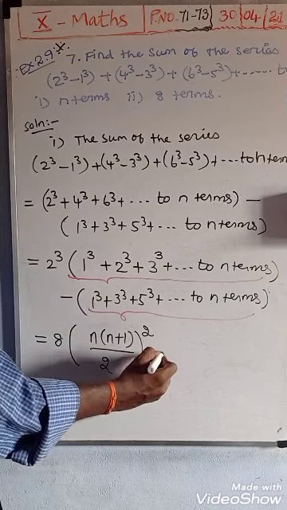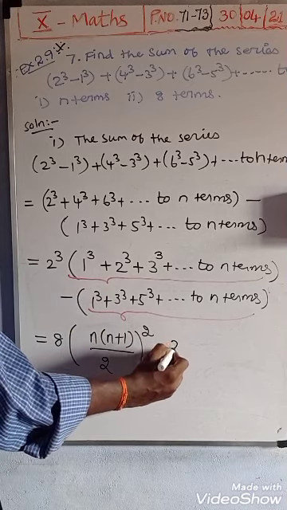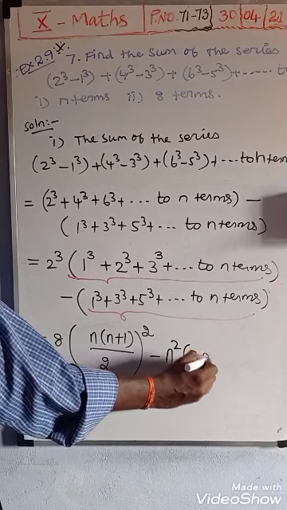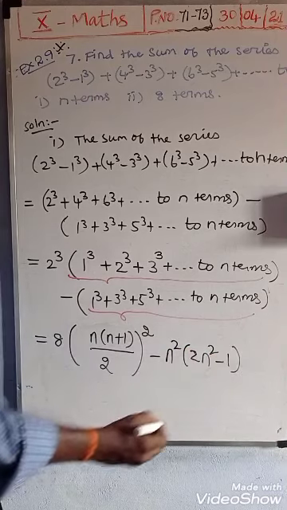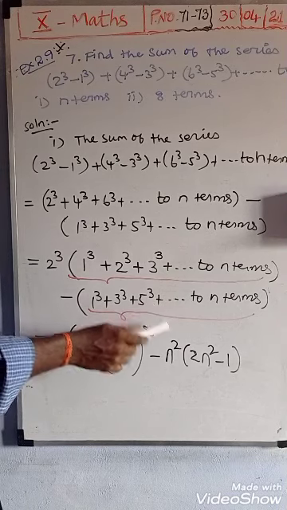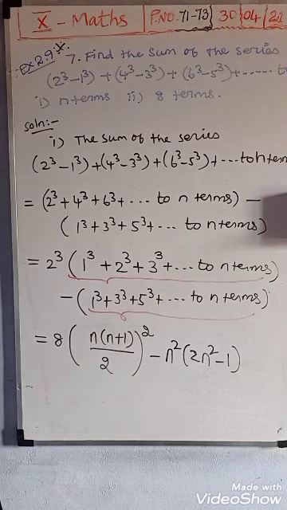What is the formula? It is n squared of 2n squared minus 1. So this formula you have already memorized. In this formula alone, you want to memorize the sum of cubes of the first n odd natural numbers: n squared of 2n squared minus 1. After that it is easy.